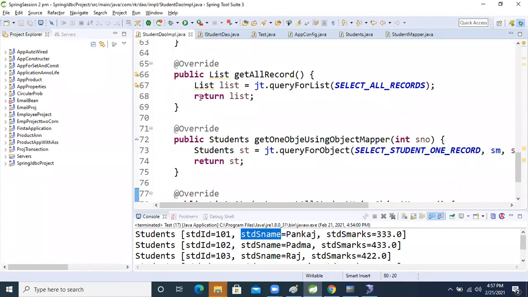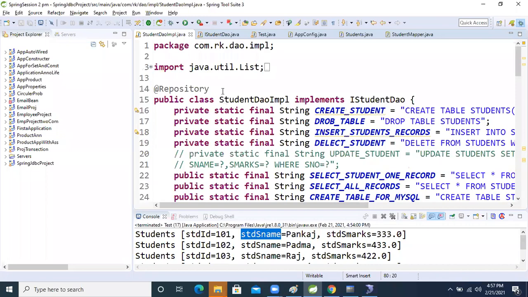Whatever database operations are there, like transaction management and select result sets, all that functionality is inherited inside this DAO interface. Because of that, we are using the @Repository annotation. Got the point? Okay, Ravi, thank you.